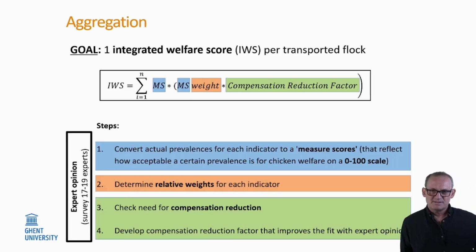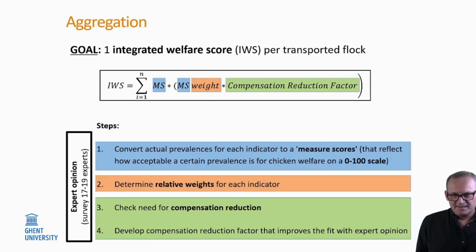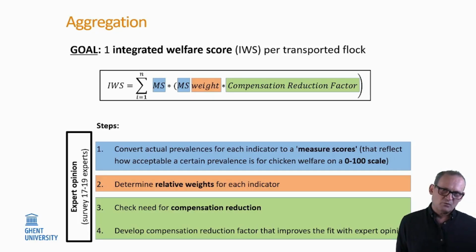Remember that we also wanted to calculate one integrated overall welfare score during the pre-slaughter. So we needed to somehow integrate the information from these 9 welfare indicators into an integrated welfare score. And in order to do so, we used this mathematical equation, which consists of 3 steps. And each of these 3 steps require some subjective decisions. And so, again, we decided to use the opinion of experts in order to